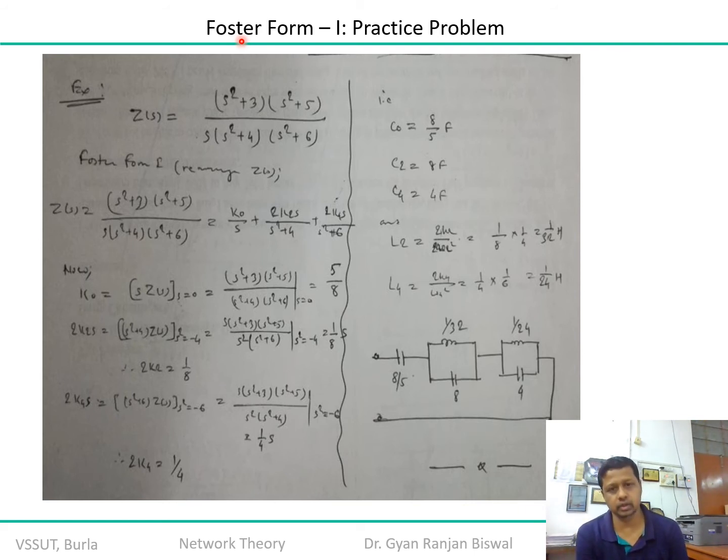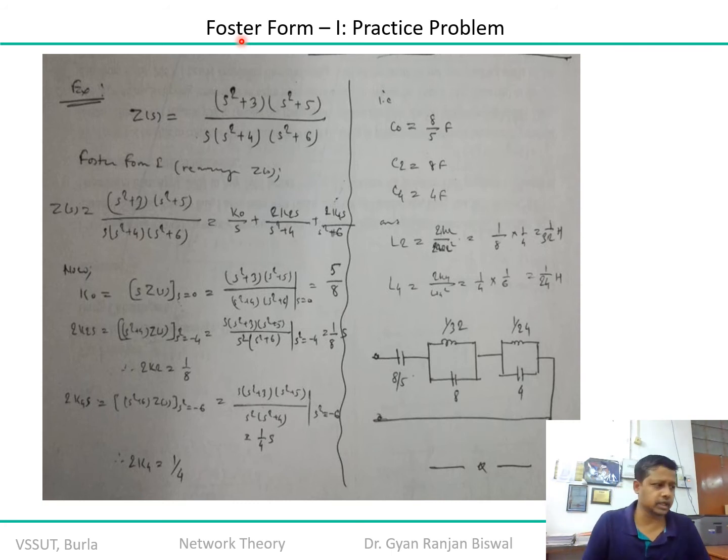So the value of k2 or k4, for example for k2, is 1 upon 2 root over of LC. In this scenario, you can get the value of omega 2. Similarly, by applying it over the second 2k4 component, you can get the value of omega 4. So from here you are getting omega 2 square is equal to 4 and omega 4 square is equal to 6. You apply there and from there you are getting 1 by 32 and 1 by 24 Henry.